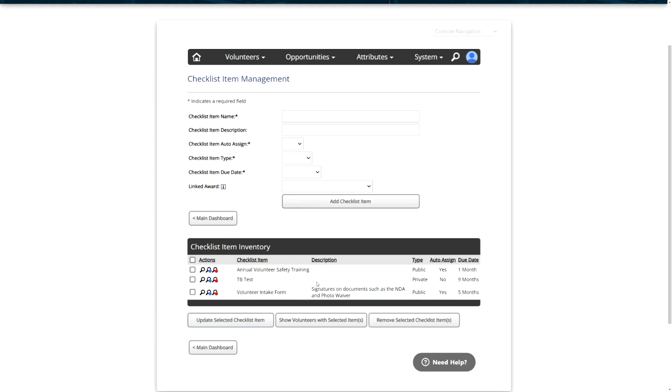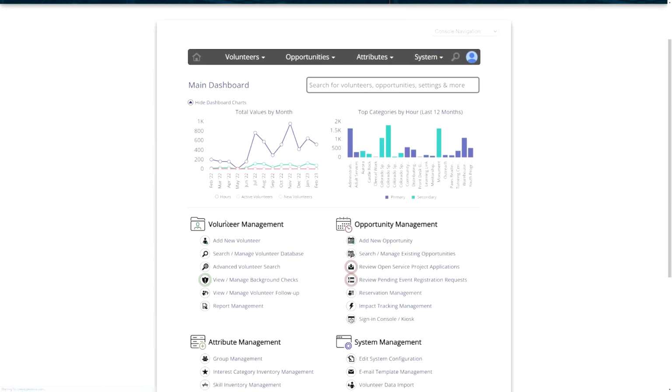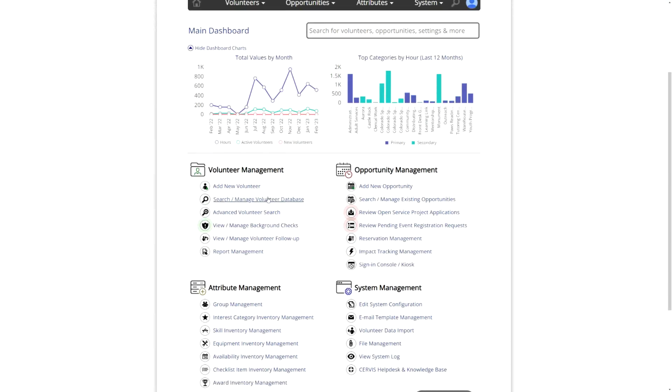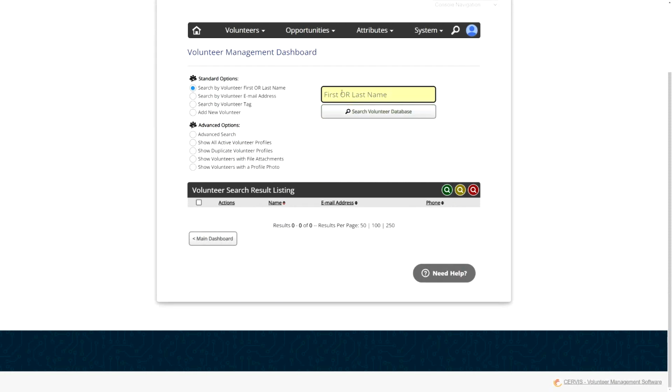Okay, so this is creating checklist items. The next thing we're going to talk about is engaging this information on a volunteer's profile. So where we'll be doing this is in the volunteer database. So from the main dashboard, if we go into Search Manage Volunteer Database under the Volunteer Management heading, then we can see our volunteers. If I just want to view everyone in the system, leave this blank, click Search Volunteer